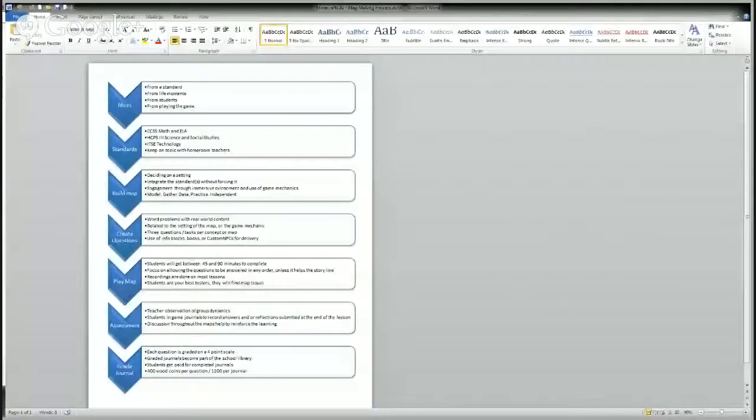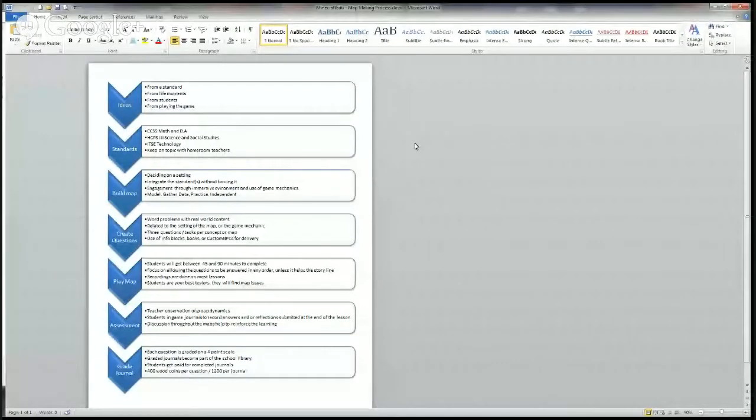Okay, so what I'm screen sharing right now is kind of my general outline of how I create maps. And I know Megan was kind of interested in this. She asked me when she came to the school about map making. I was just sitting there one day trying to think about what were priorities for me when I make maps. When I sit down and go, okay, I need a new map, what am I going to do? This is kind of the thought process that I go through.